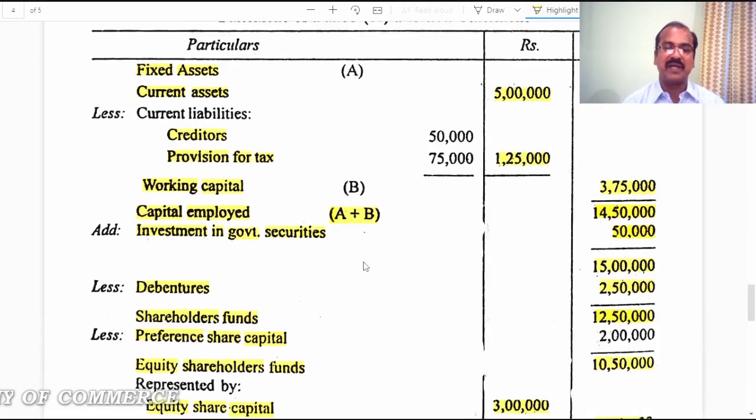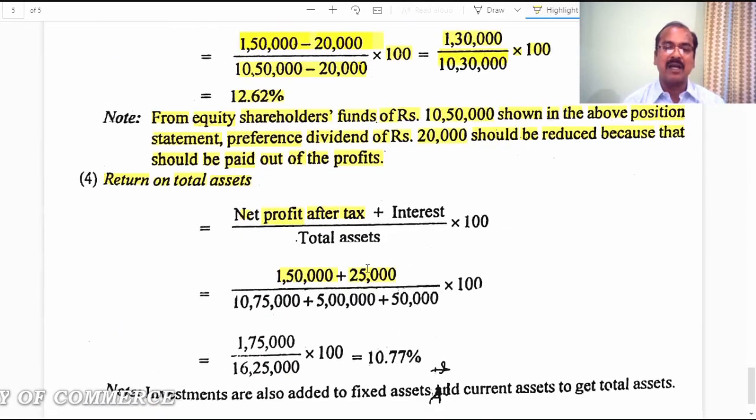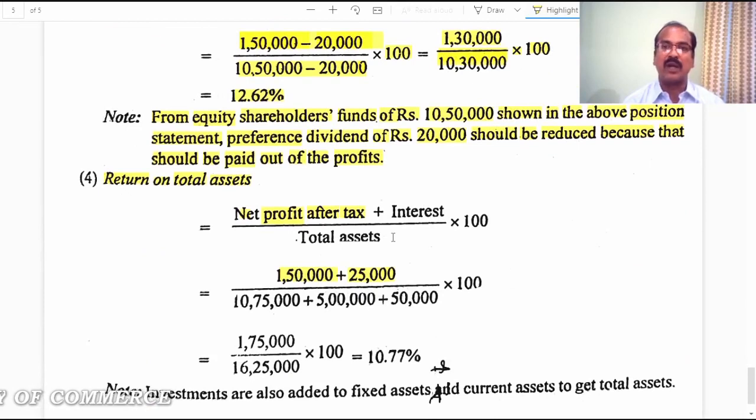And that figure has been added back. Unless you pay interest, you can't calculate the profit before tax. That is why they originally deducted the interest on debenture 25,000, calculated profit before tax, then paid tax and arrived at profit after tax. The profit after tax comes to 1,50,000. With that, they add back the 25,000 rupees of interest on debentures, or interest on long-term liability, divided by total